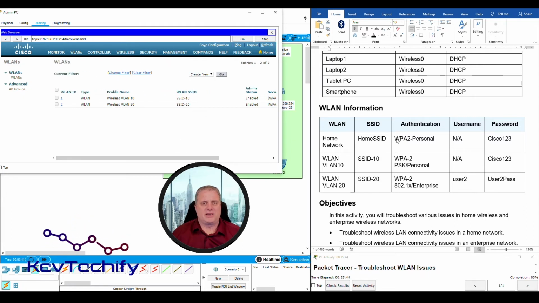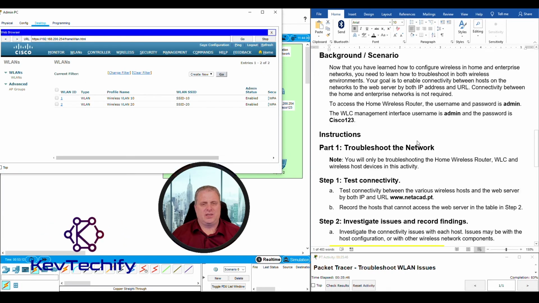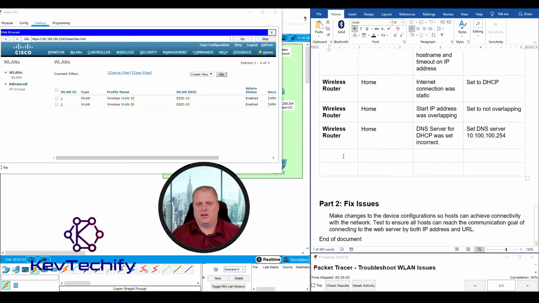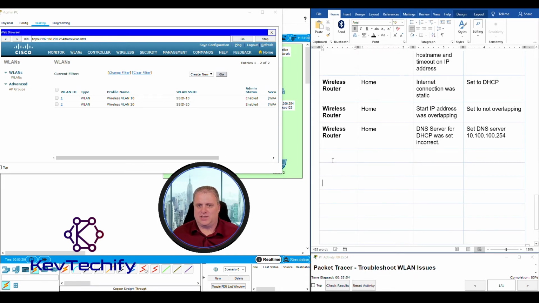Okay, so we did make some changes here. We need to go in and document what we did. I'm going to add in some more lines here because we're finding all sorts of problems. WLC. That was in on the enterprise. Enterprise correctly. First thing